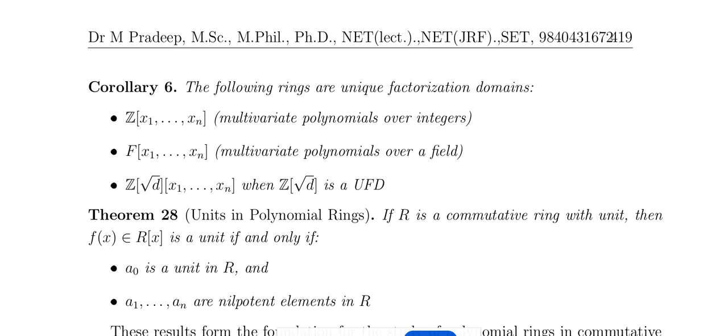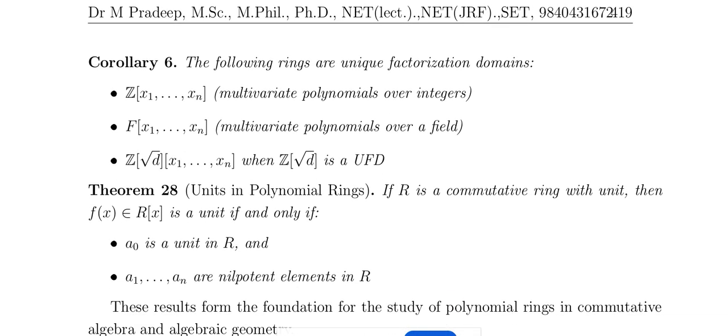In the same way, Z[x1, x2, ..., xn], the multivariate polynomial ring over the integers, is a unique factorization domain. F[x1, x2, ..., xn], a multivariate polynomial ring over a field, is a unique factorization domain. Z[√d][x1, x2, ..., xn] is also a unique factorization domain. Now, units in polynomial rings: R is a commutative ring with unit, then f(x)